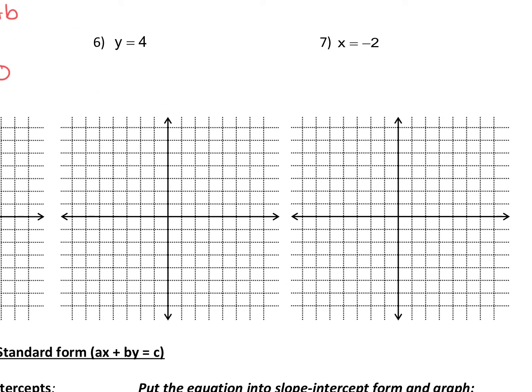6 and 7 are horizontal and vertical lines. So anytime we have horizontal and vertical lines, we want to think of